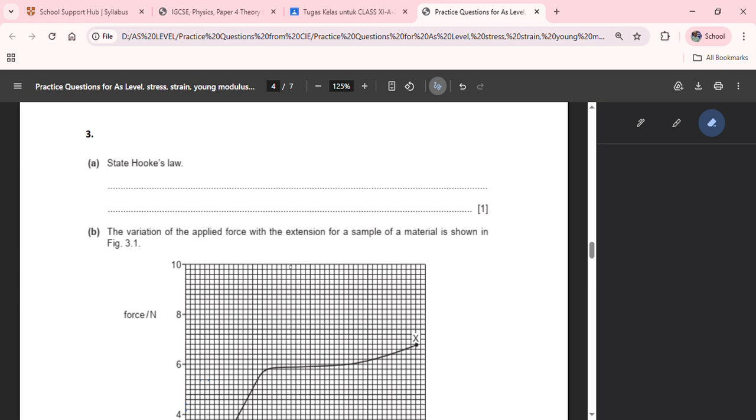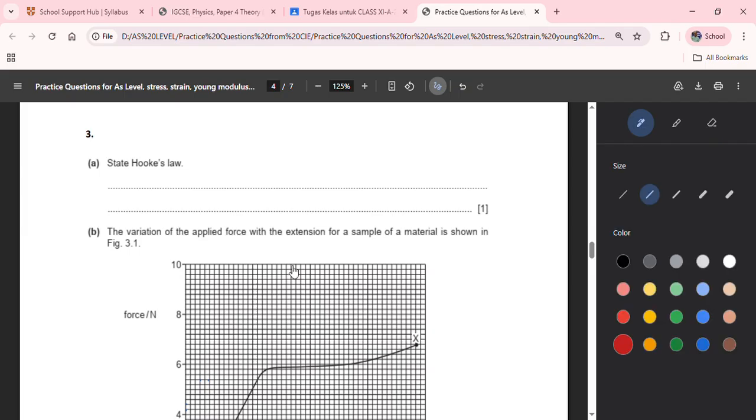Okay, welcome back to the discussion paper of CIE for A level, and the topic is the stress, strain and the Young modulus. Now we are going to state Hooke's law. What is Hooke's law? Hooke's law is